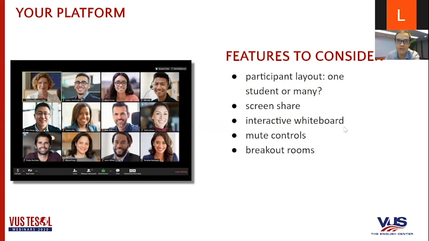Breakout rooms, this is a feature of Zoom, and it depends on the age group of your students, because you can't have 5-year-olds working alone in a breakout room. A breakout room is a virtual room where you could have 2 students work together. If you got a class of like 12 students, you could have 6 breakout rooms where it's 2 students in each room. You can't do that with 5-year-olds, obviously. But the older that you go, if you've got maybe 11 or 12-year-old students and you think they're mature enough to do it, you can put them into breakout rooms and assign them an activity to do.